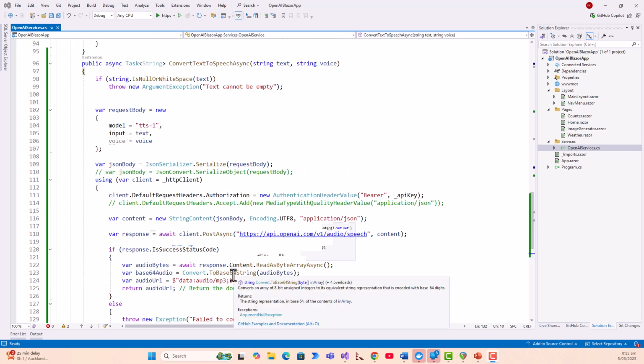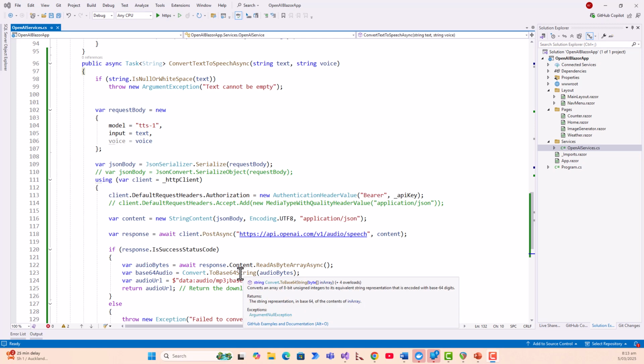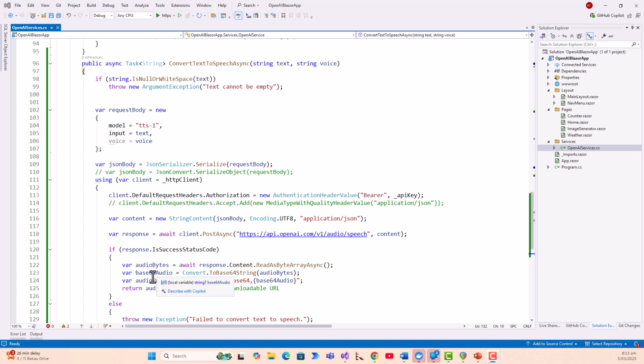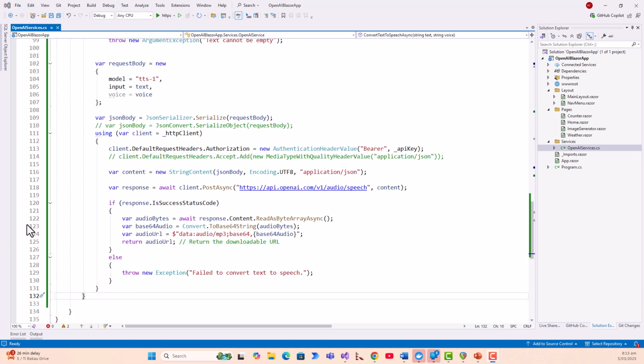This is an async method, an asynchronous operation. response.content.read as byte array async. And then I'm creating the base64 audio by passing the audio bytes, which I have got here, to this method, to base64 string, and then generating the audio URL based upon this variable that I have assigned, base64 audio. So this is the audio URL. This is the standard template or standard format for generating the audio URL, and then I am returning the audio URL. Else, if the try block fails, then it will throw a new exception,